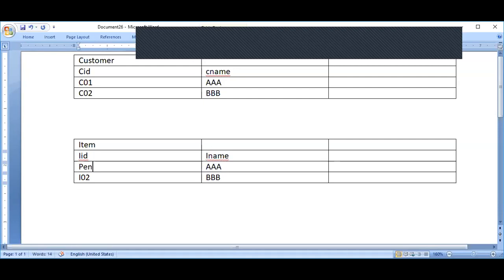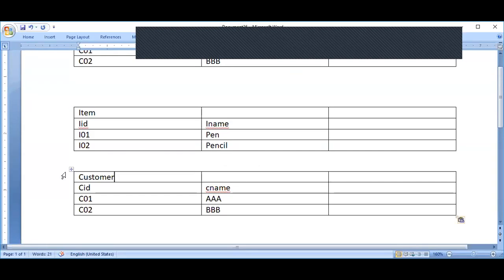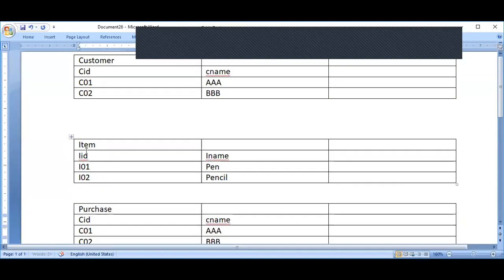I'm just taking simple ones. Now suppose there is another table called purchase, or you can even say order.